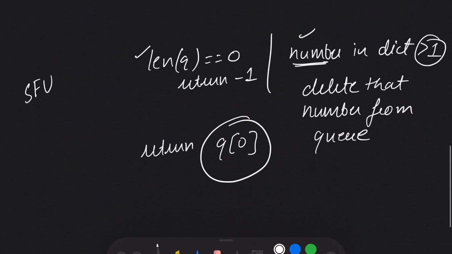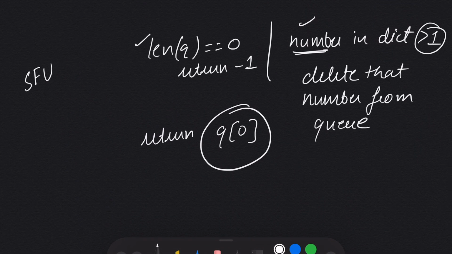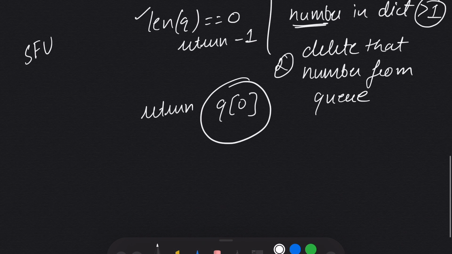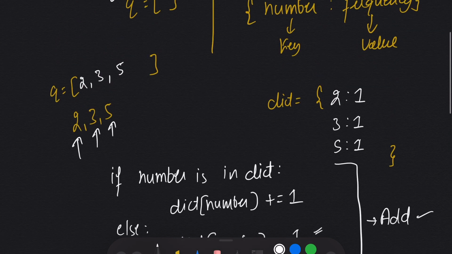So I come here, I will check, is the length of the queue 0? No. I will come here, I'll check for the first number of my queue, which is 2, and I will check for the frequency of 2, that is 1. Is the frequency of 2 more than 1? No, that's not true. I will come to this part. So I will simply return the first character, which is 2.